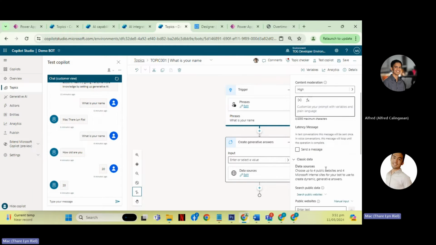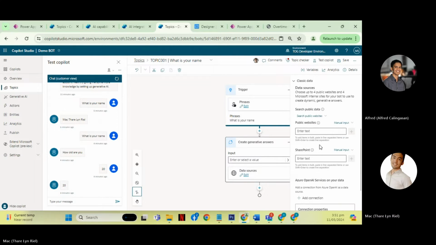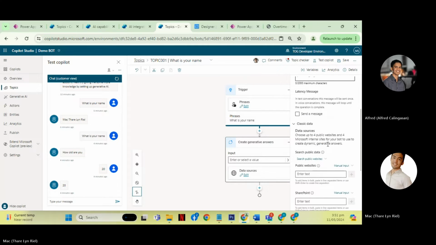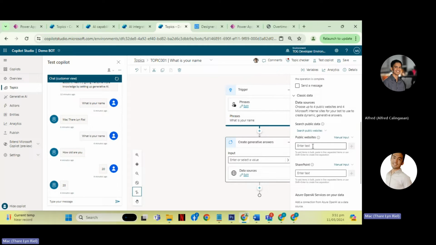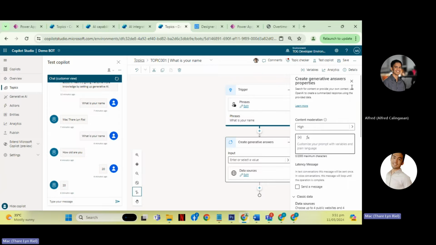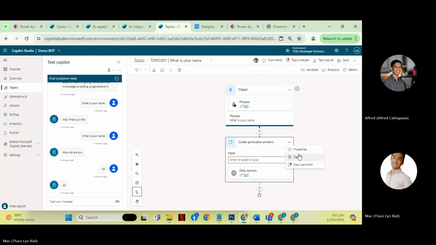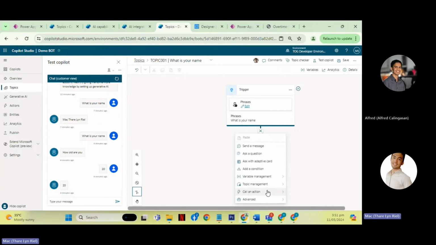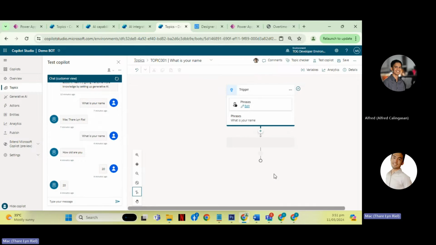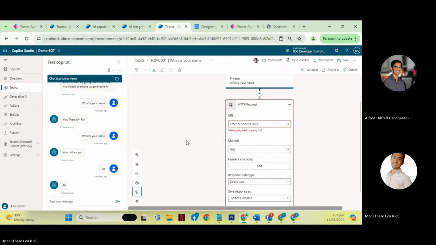So let's open the classic data. If you created an action of generative answers, initially it doesn't have any data source. You need to add a website here, and then you can also use custom data. Other options: you can also send an HTTP request here.